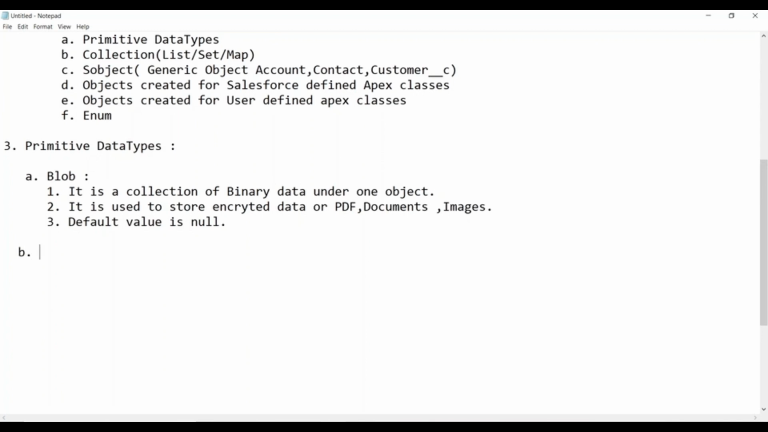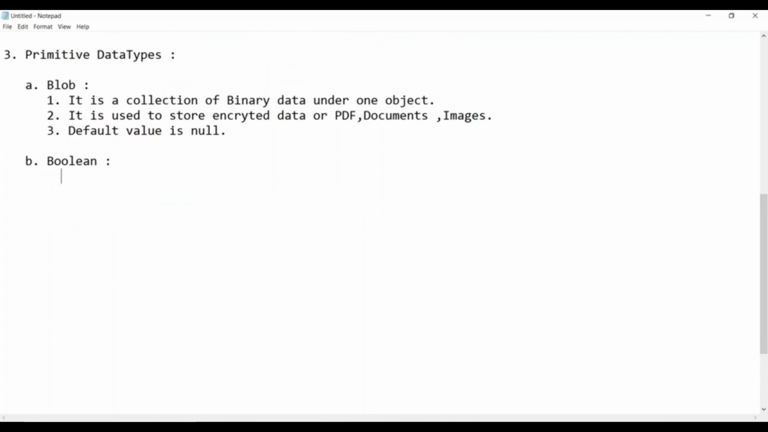The next data type we have is Boolean. What is the purpose of Boolean? It will store true or false. When I say Boolean, this will store true or false. Default value is